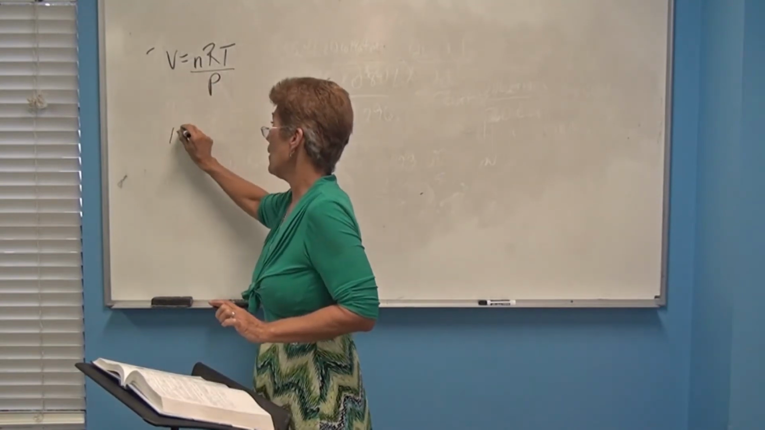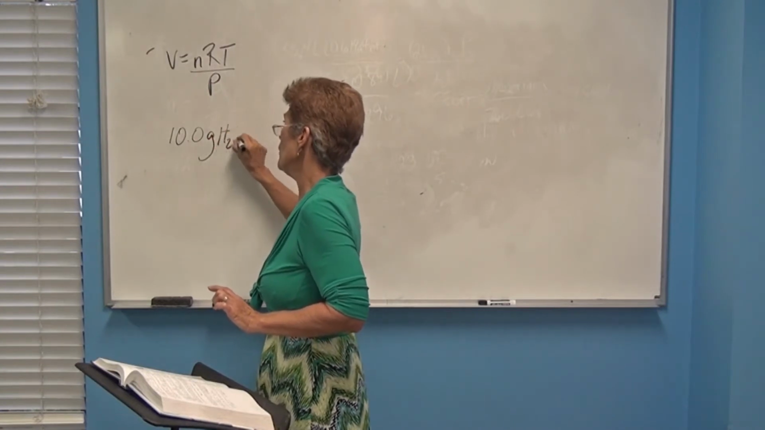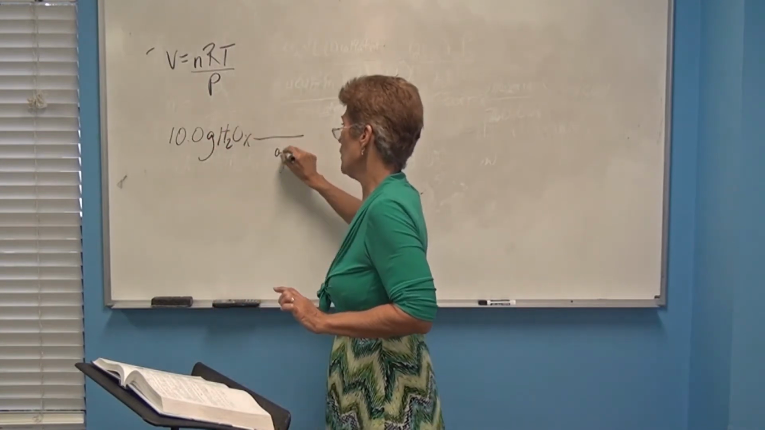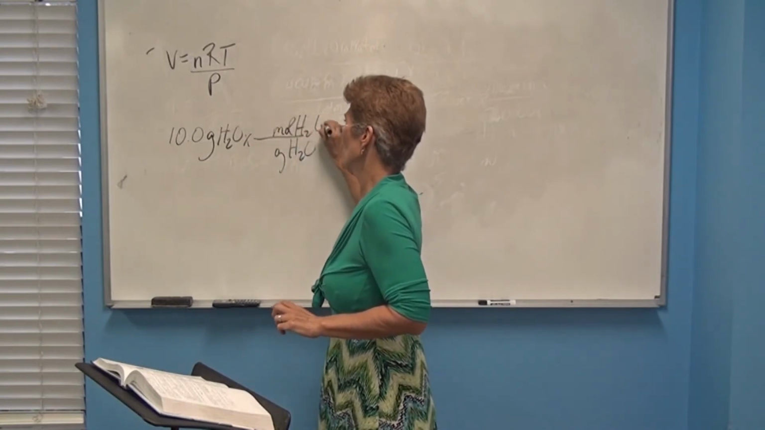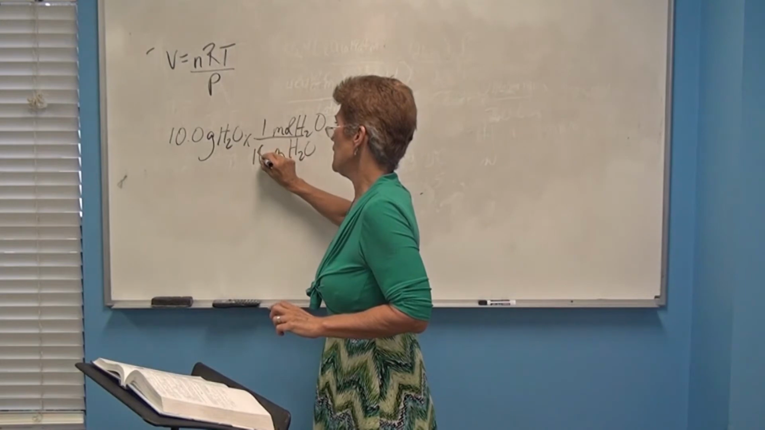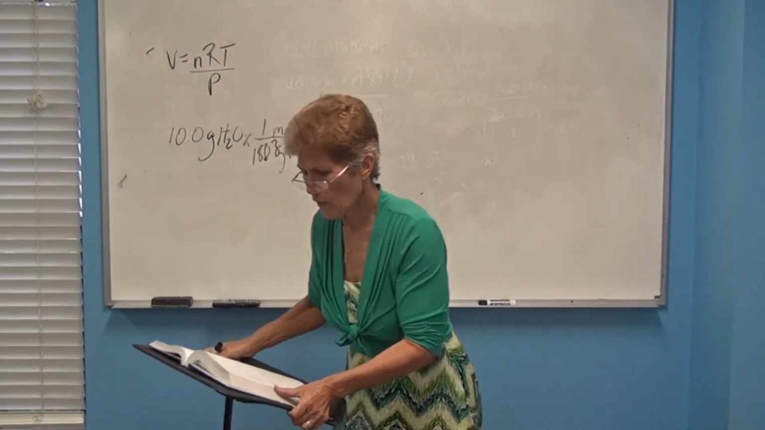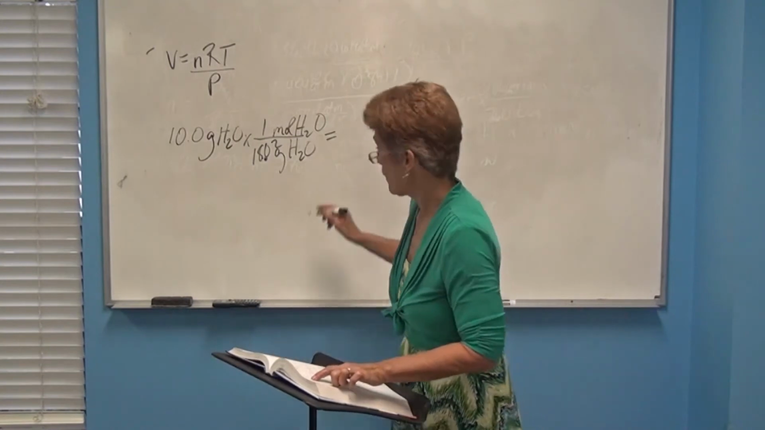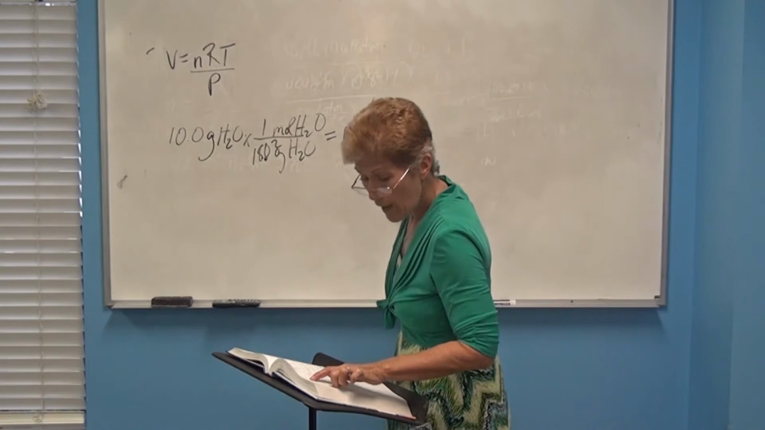It says, what is the volume of 10 grams of water vapor? So to get the moles, I'm going to have to go 10 grams water times 1 mole of water per 18.02 grams. And that's going to give me, with 3 significant figures,